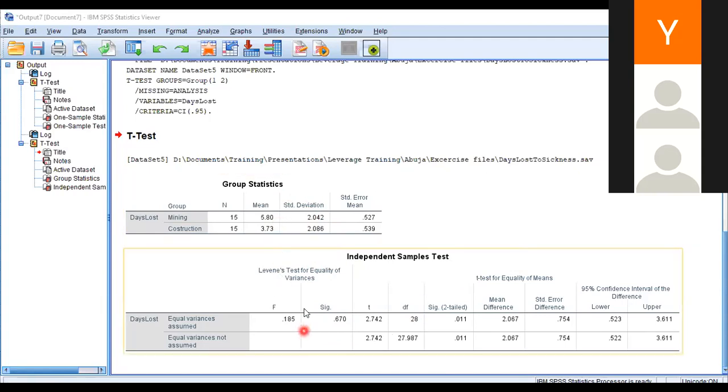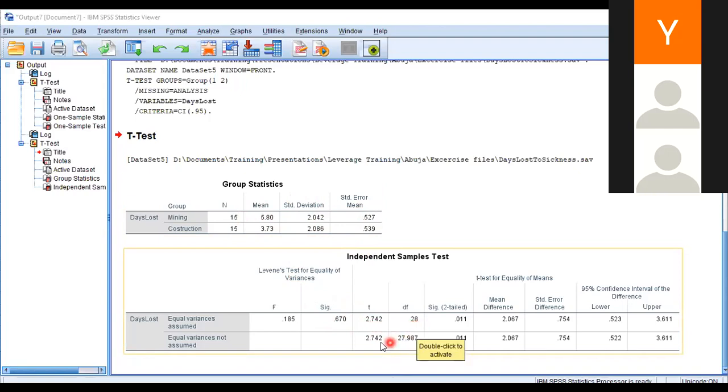So, homogeneity of variance test: you notice that the means differ. But what we are testing here is that for you to use a parametric test, the variance should not differ. Can you see now? The variance is not different. We now come to the T. Look at the T, we calculated 2.742, and the degrees of freedom is 28.